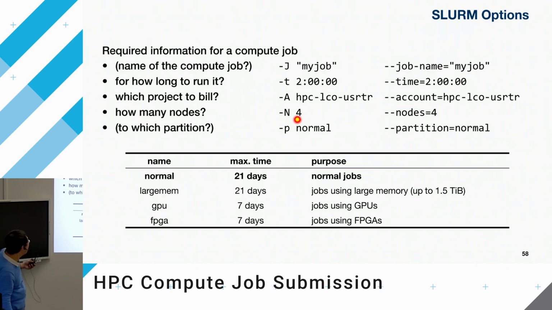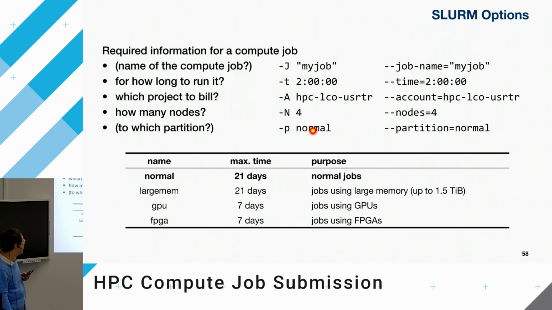And then you specify the number of compute nodes using minus capital N or nodes. Last but not least, you may also need to specify the partition for your calculation. This is also optional. You can specify minus p normal, which will put your job into the normal